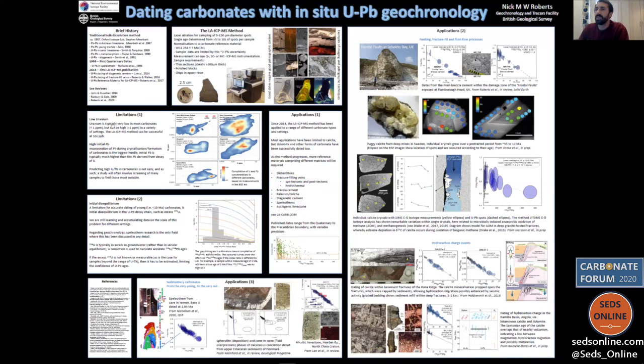One of them that's really the biggest problem for carbonates is the fact that often the uranium is very low and the initial or common lead is very high. These density plots show compilations of some of the material I've worked on and the variable uranium within those. Another limitation for dating young carbonates is disequilibrium.